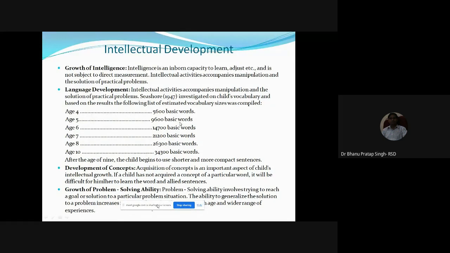And next is accuracy with age and a wider range of experience. Means due to this intellectual development, the child tries to generalize the problem. The child is trying to reach the goal. He is trying to find the solution, and that too with speed and accuracy. So this is the phenomenon of intellectual development in early childhood. Next,